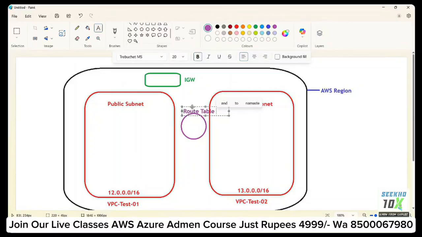So this is our route table which I need to create. I need to create a public route table as well as a private route table. Two route tables I need to create. And also I need to create a